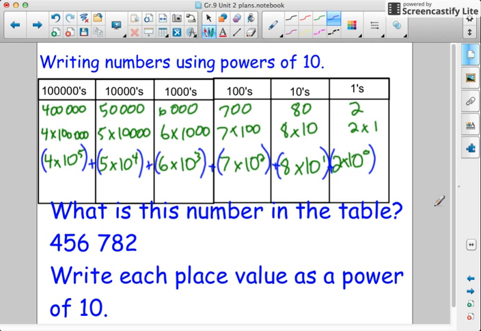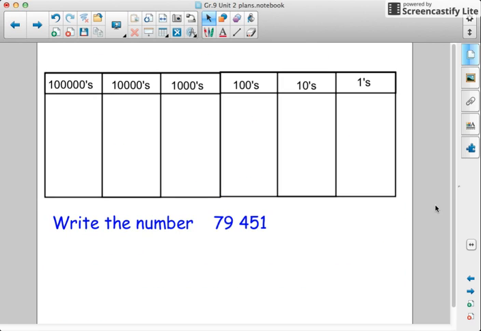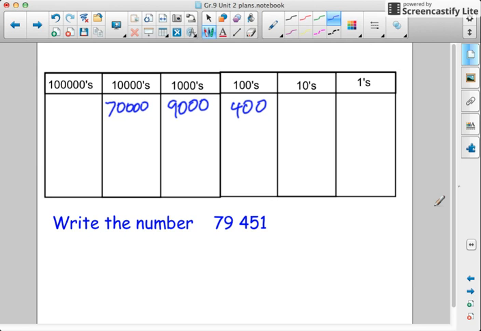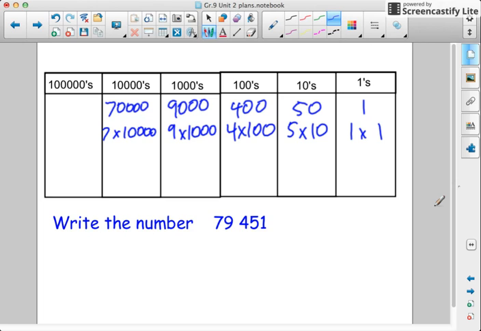So that is how you write numbers using powers of 10. Split them into expanded form, change them into multiplication questions with 100,000 in the place values, and then put them in powers of 10. So let's look at one more example here. 79,451, we don't have any 100,000s. 70,000, 9,451. So this would be 7 times 10,000, 9 times 1,000, 4 times 100, 5 times 10, and 1 times 1. Okay, now 10,000 is 10 to the exponent 4, so this would be 7 times 10 to the exponent 4,